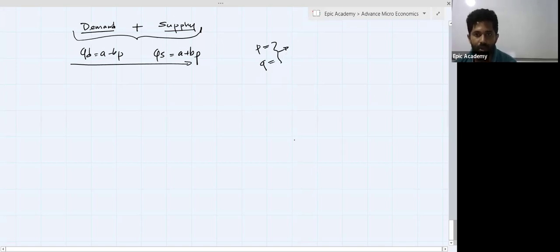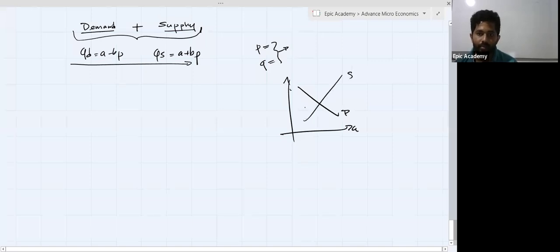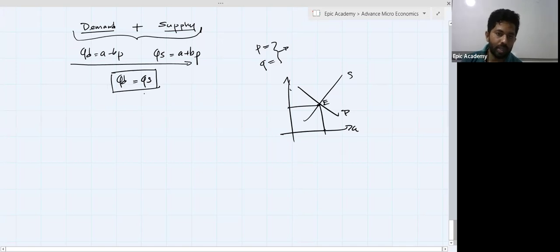As an example, if you are going to identify the equilibrium in curves, this is the demand curve and this is the supply curve. And this is the equilibrium position, where supply amount and demand amount are equal, where supply price and demand price are equal. We call it equilibrium. So what happens to the quantity demanded and quantity supplied? They also must be equal. This equilibrium position can be identified by using curves, equations, and schedules.